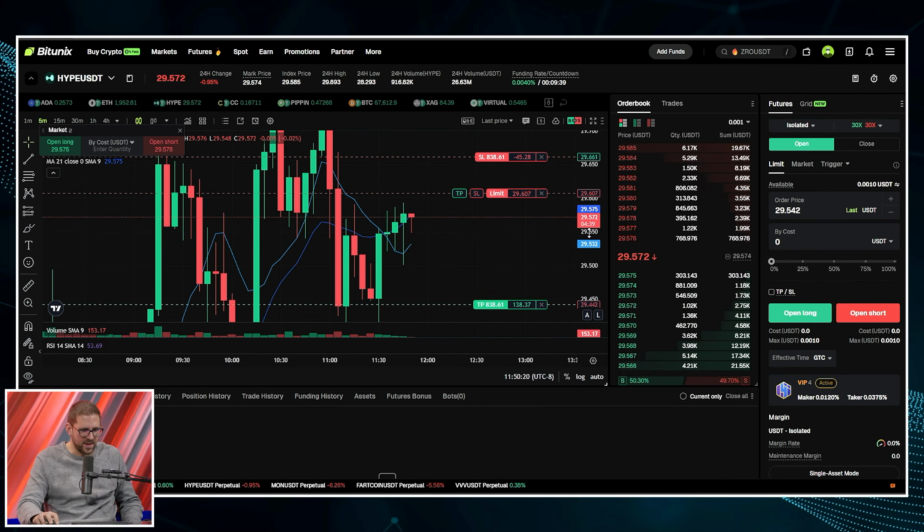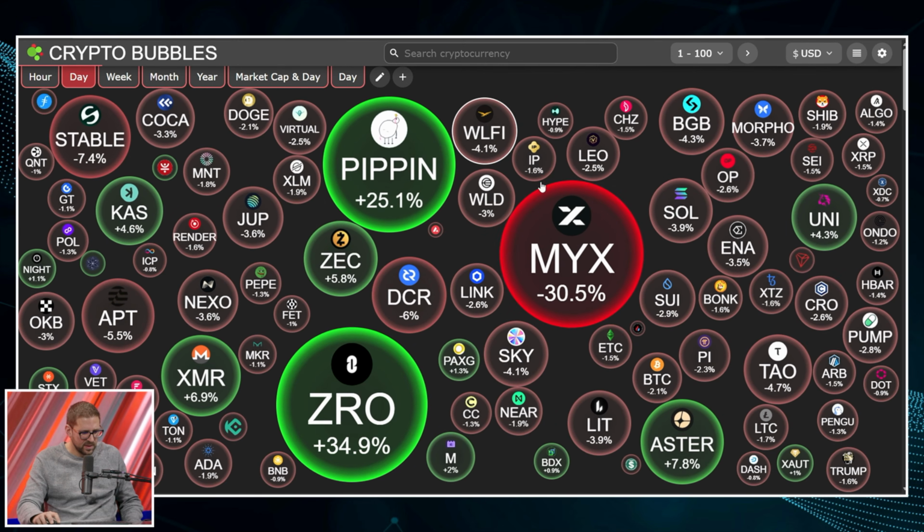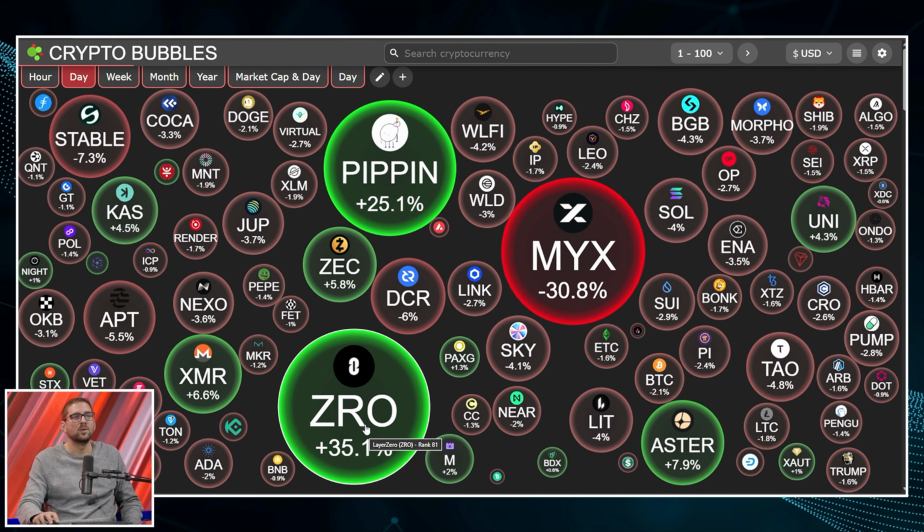A bag and see how it goes right now. We don't care about bear or bull markets when you're trading, right? You just gotta look at your charts and figure out which direction it's likely to go. And right now, we are patiently waiting for our Hyperliquid trade to get tapped in. With that being said, let's take a look at the biggest gainer.